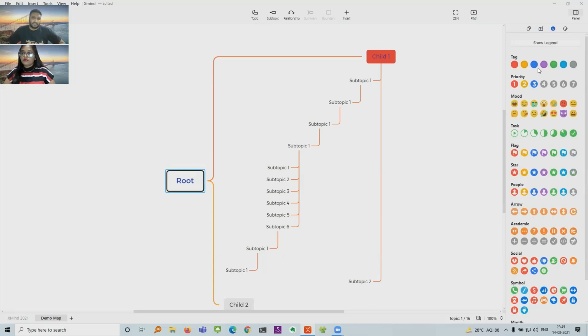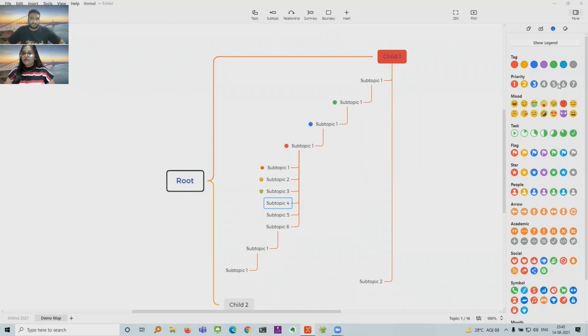Then one thing I use a lot is these stickers and tags. There are different kinds of tags that you can use to mark your nodes with colors: red, blue, green. And actually this makes the mind map look very interesting. The visual representation becomes very good with all these.